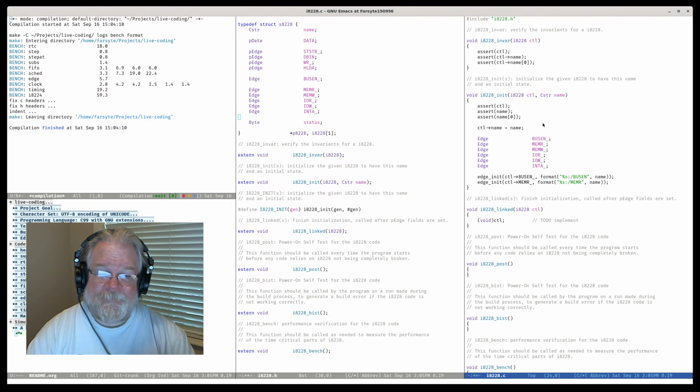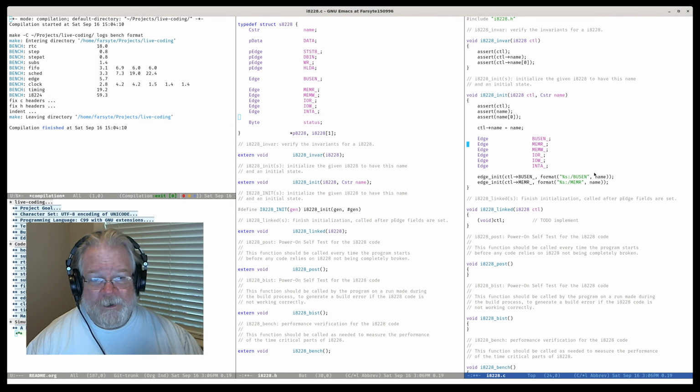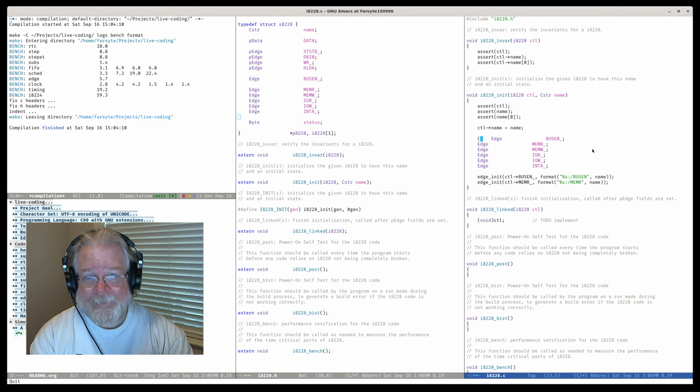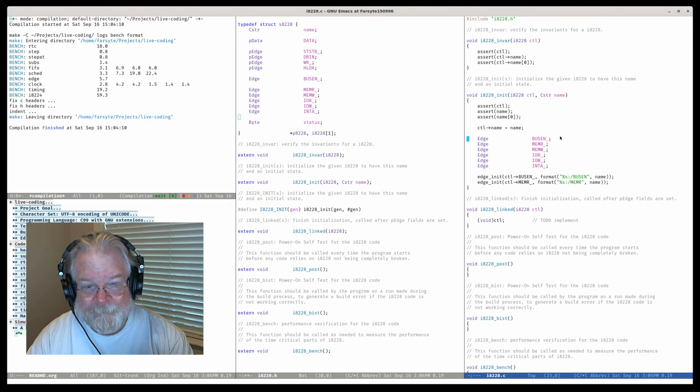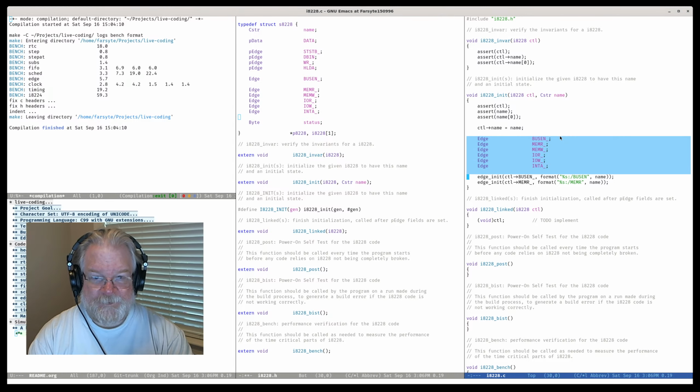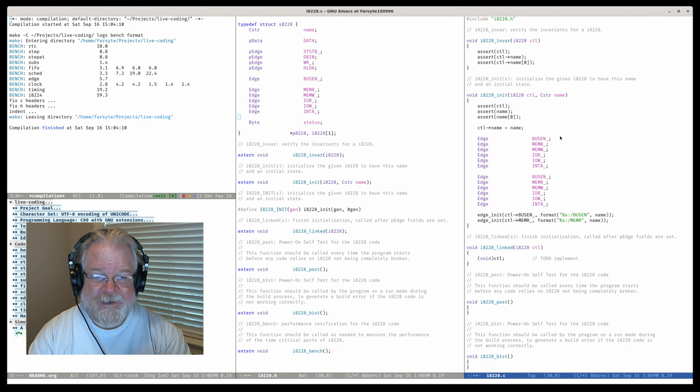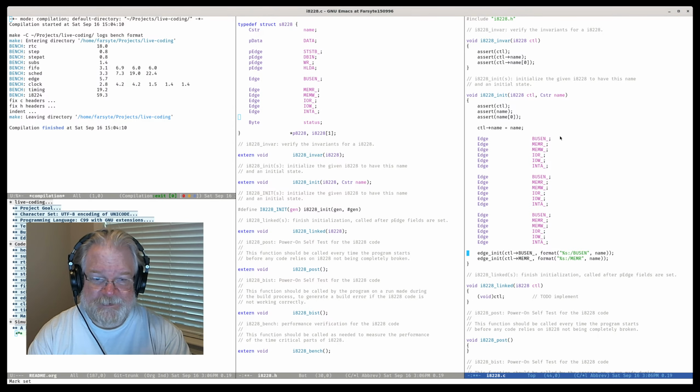There's two things I can do here. First of all, I could take all of these pointers and bring them into local variables and just operate on local variables. But I'm only going to do a couple things to each one. Well, I am going to do a couple things to each one, so let's do that. Also, this means that we will have a block of code that gathers this stuff up at the top, which we can just copy and delete unused variables later. So we're going to start off by setting the variables, and then we're going to edge init, and then we're going to explicitly set the value